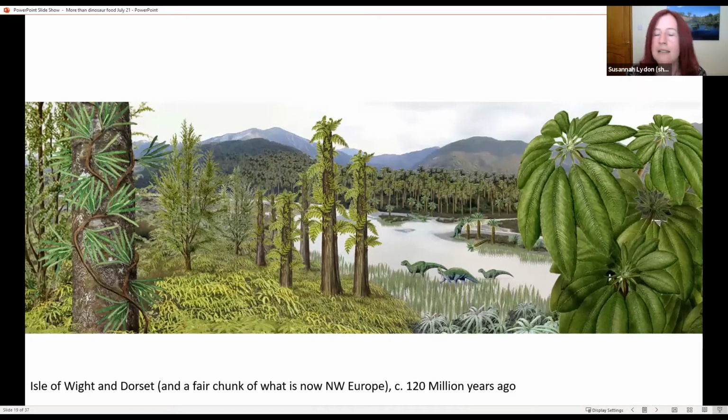if we take that and stick it all together, just for completeness, if you want to have an idea of what those plant debris beds could tell us about that bit of Dorset and the Isle of Wight in the early Cretaceous, you would have this. You would have uplands covered with these forests of conifers, you would have ferns, you would have ginkgos, you would have climbing cycads of all things, benettites, an ancient group, another group of seed plants that are extinct now. And you would have this lush vegetation which would support